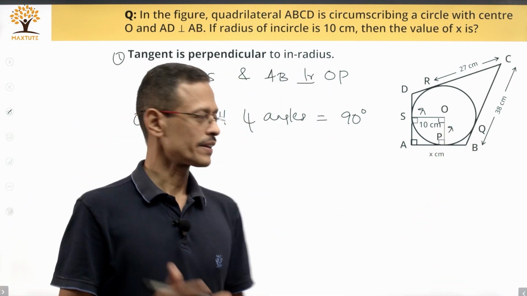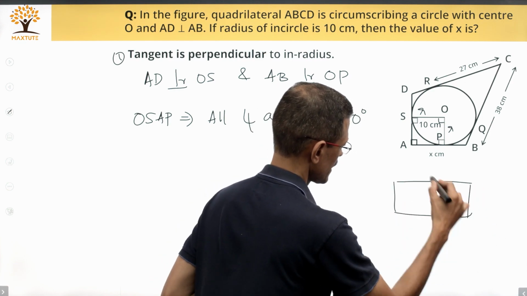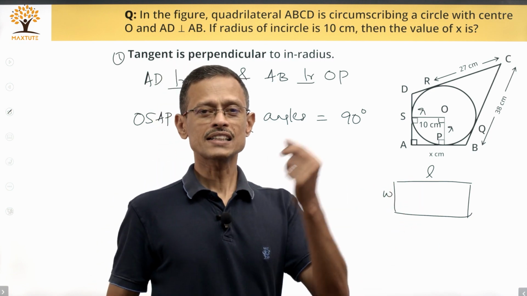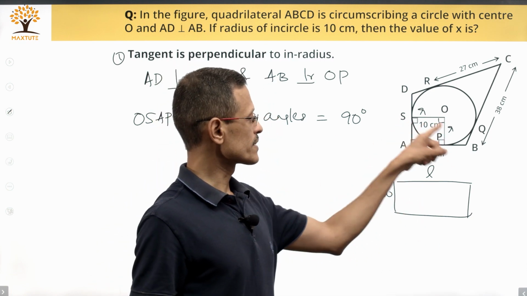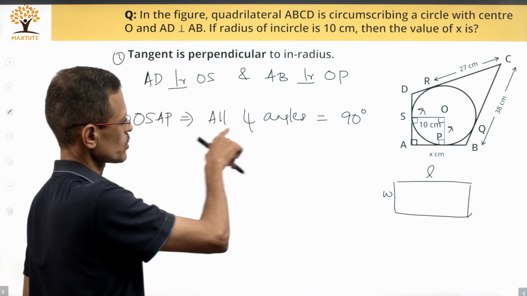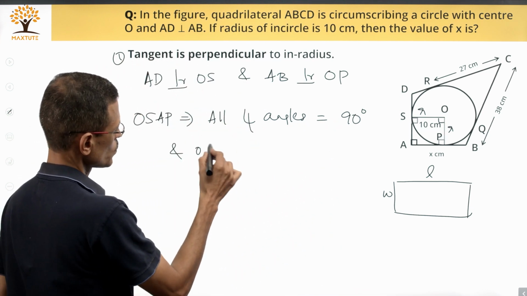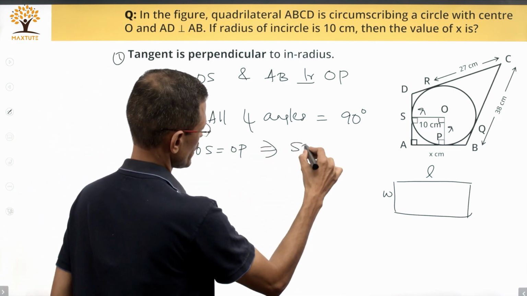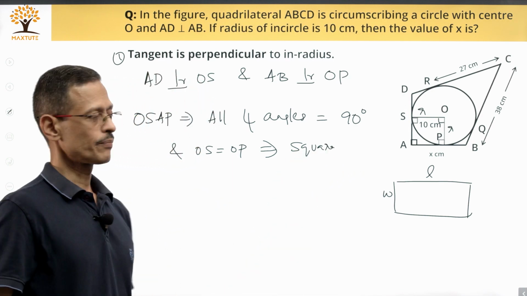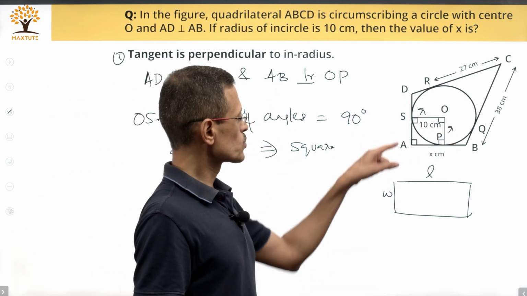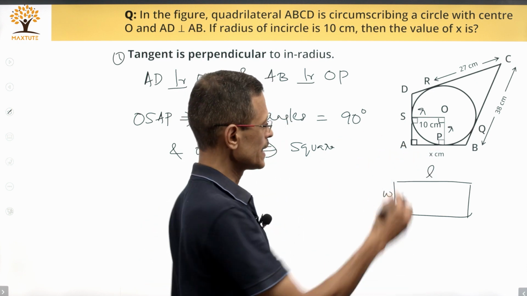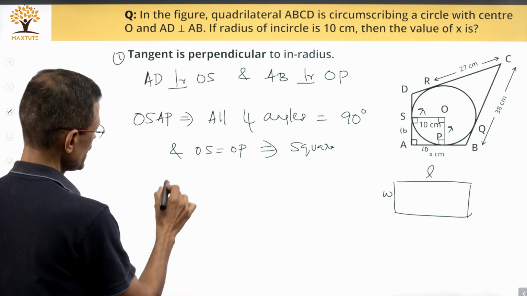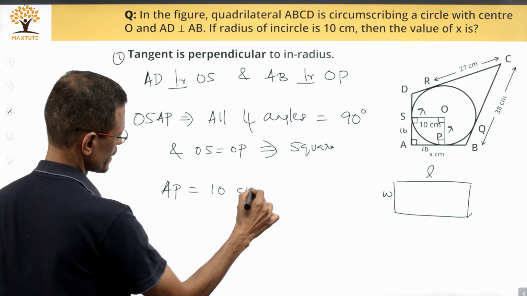A rectangle is this kind of a figure, right, where there is a length and there is a width. If length is equal to width, which is when the adjacent sides will be equal, then the rectangle becomes a square. In this case, the adjacent sides OS equals OP. So, we have OSAP in which all 4 angles are equal and adjacent sides OS equals OP, essentially pointing to the fact that OSAP is a square. If OSAP is a square, then whatever is the measure of OS is going to be the measure of AS and is going to be the measure of AP. So, AS is equal to 10, AP is equal to 10. So, I am deducing AP to be equal to 10 centimeters at this point.